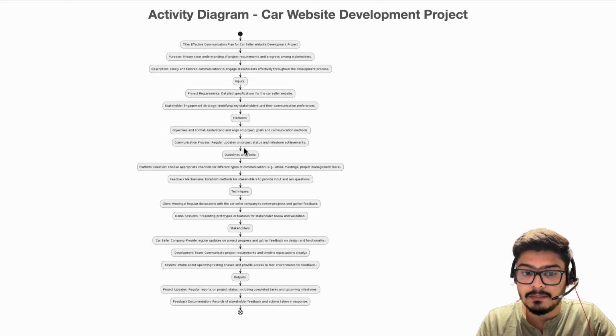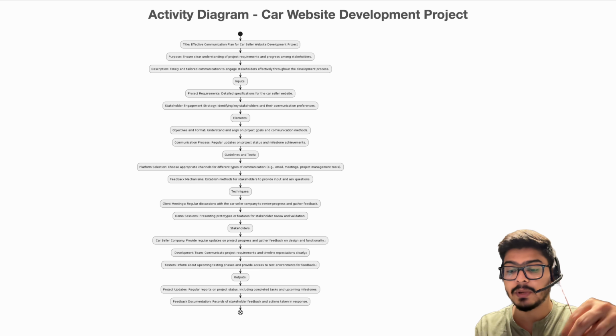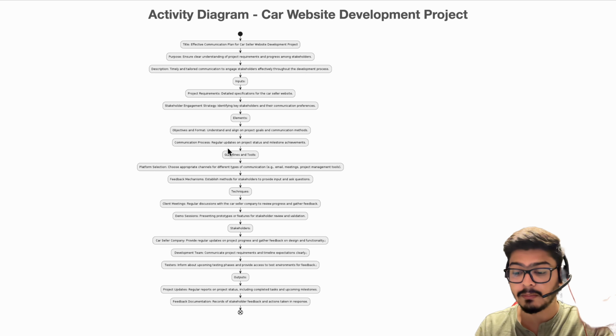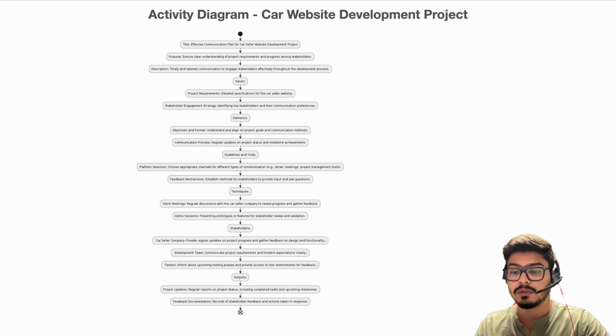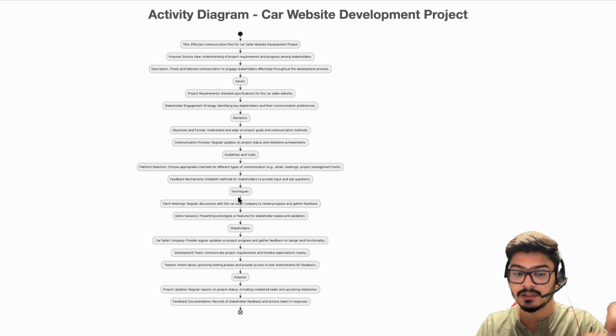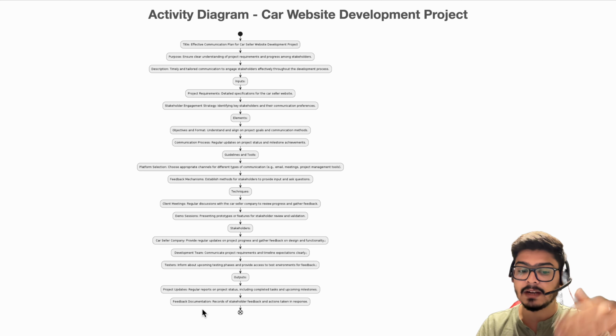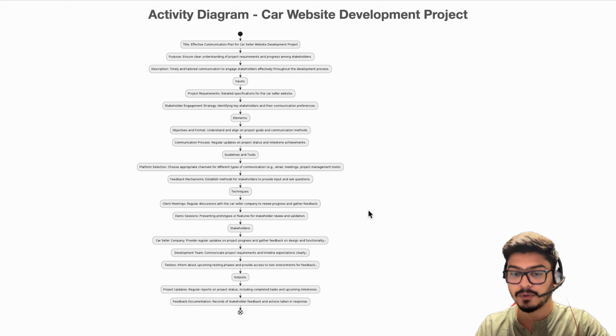The elements that are actually helpful for you are proper communication and maintaining regular updates. How will you do it? You will only be able to do it if you have inputs, right? So you need to have all the car website development specifications in hand, as well as the key stakeholder list in hand, so that you can communicate that information fluently and effectively with the stakeholders. What happens at the end once you do that is you get an output. That output is basically the reports, the project status, or the completed tasks that have been done throughout this project, which are communicated, and that will help to make progress on this particular project, right?